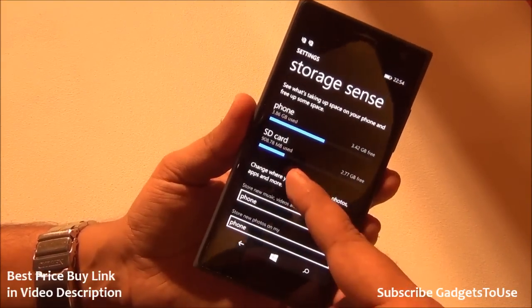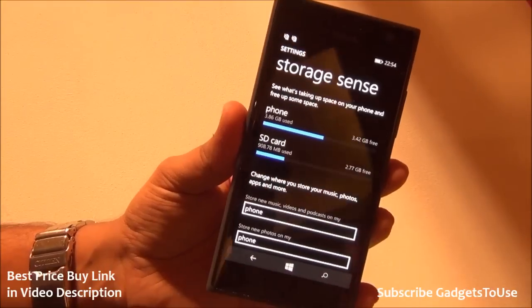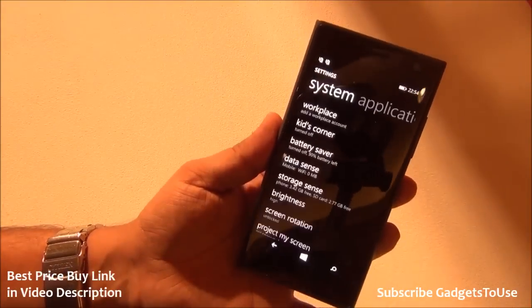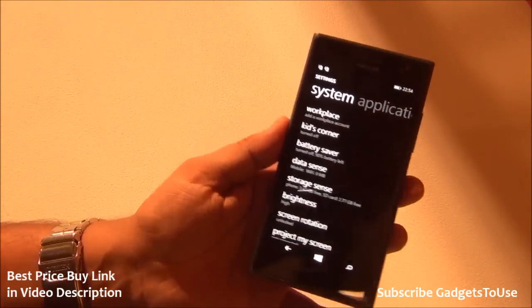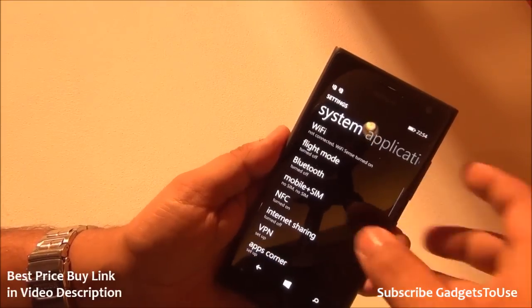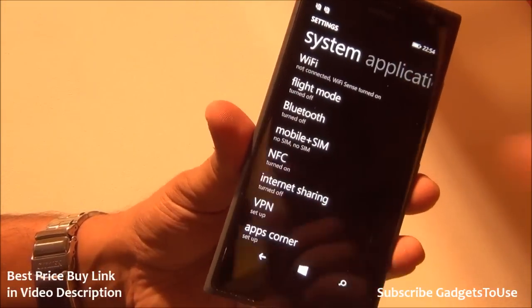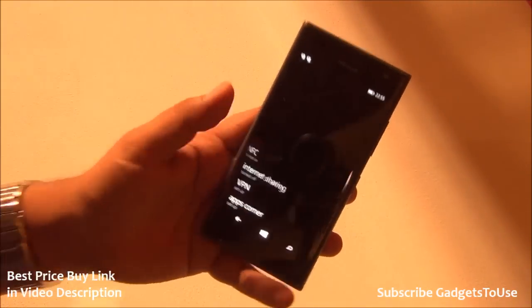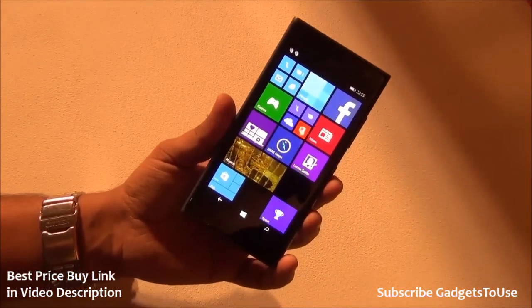You do have support for SD card as well, which is actually, it is indicating it is having an SD card inside as of now. I'm not sure whether it will come with an SD card within the package, but initial offer might have the SD card within the package of the 730 for initial customers who actually buy it. You do have support for internet tethering as well, so you can share the 3G internet on this device. Let me just first of all show you the camera, and camera is the main highlight of this device